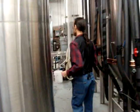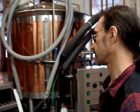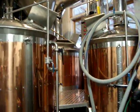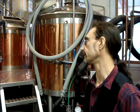I'll first take you in the brewery here so you can check out the equipment where we produce the beer. This is the brew house here. It's a very classic European brew house, and what makes us unique in a way is that we're able to do step mashing, decoction mashing, and cereal mashes, so we can do more traditional, complicated beers like Wit beers, where you have to cook the wheat, and classic German lagers, where you need to boil part of the mash to bring out the maltiness. And I still do step mashing with the Belgian beer just to be very traditional, because I'm pretty traditional about